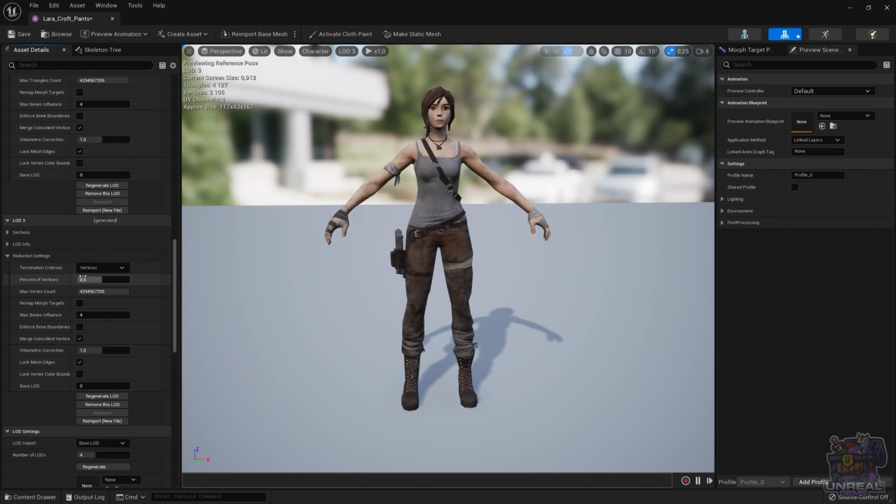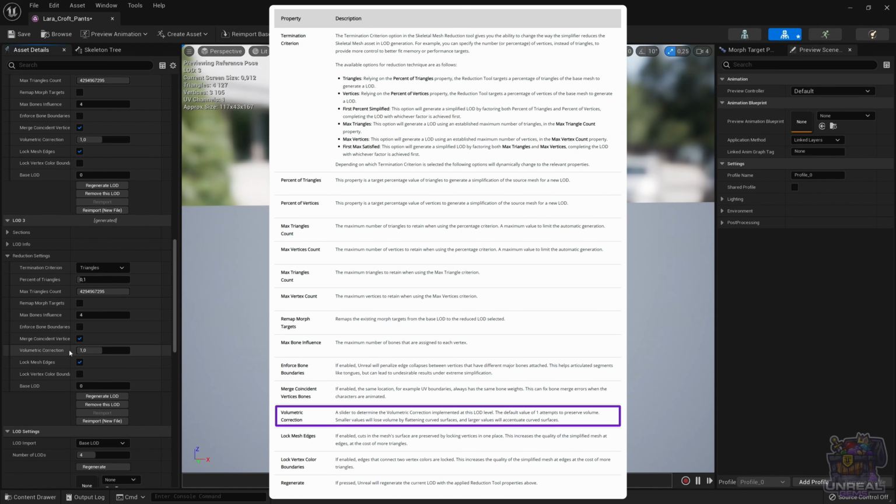But that's pretty much it for the termination criterion and how to choose it. Just in this case, I will keep triangles on. Okay, so talking about other important settings, like for example, volumetric correction, that deals with the fact that we may